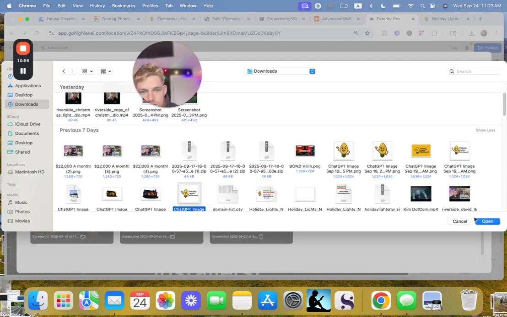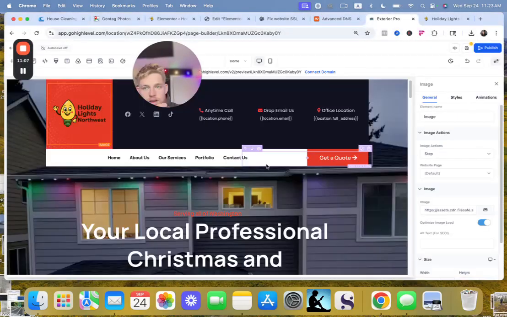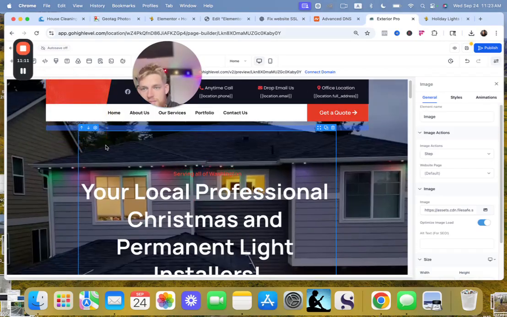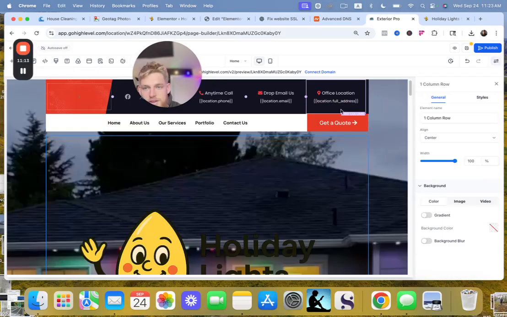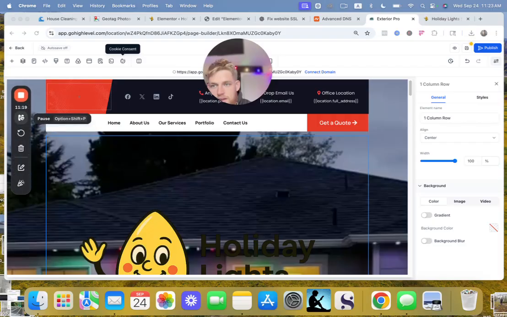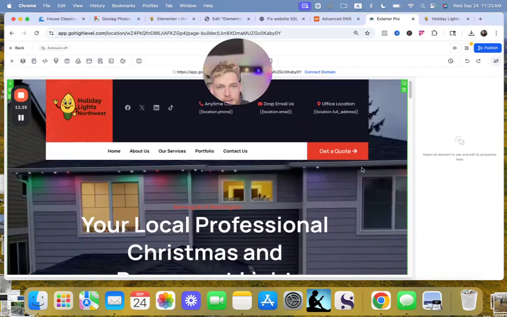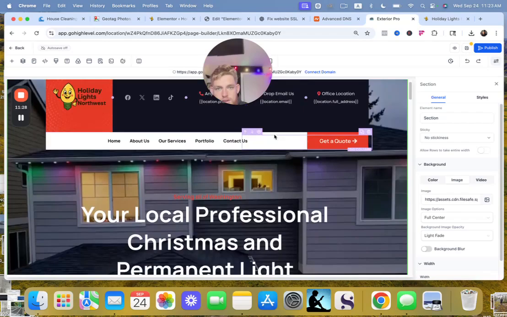I think we had it. Where was it? This one. We're going to upload the image. Boom! Look at that, our cool little logo. We could even probably, I don't want to do that. How do I undo that? I think this is blocking my undo button. Oh wait, the undo button's over here. So before I make any more mistakes on camera,